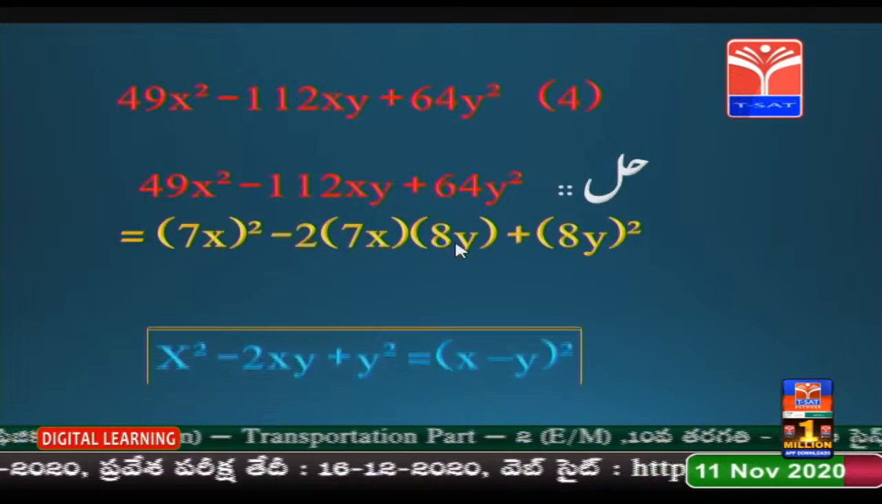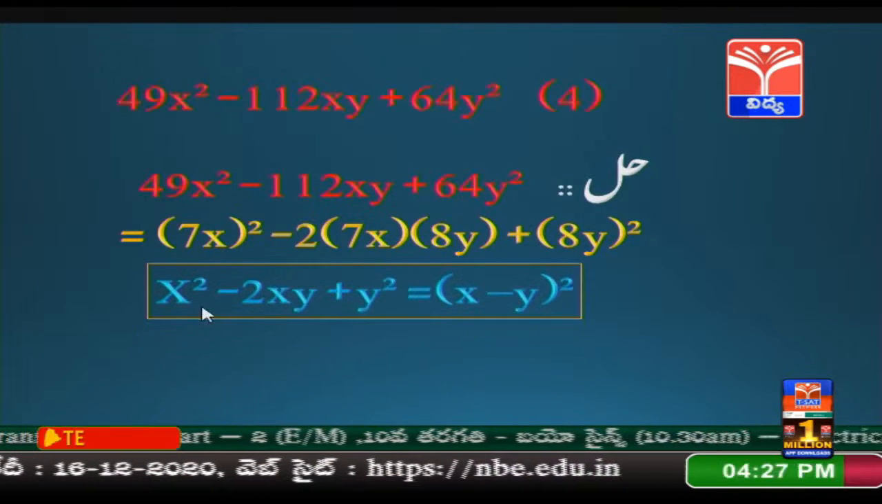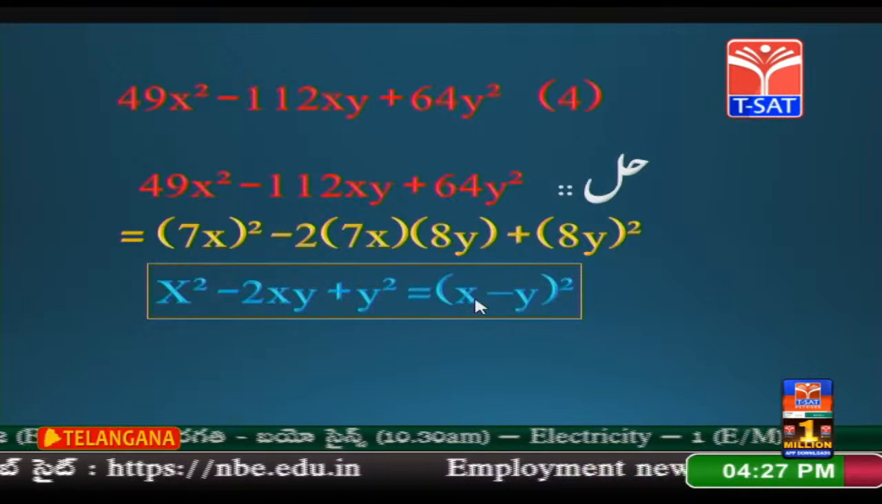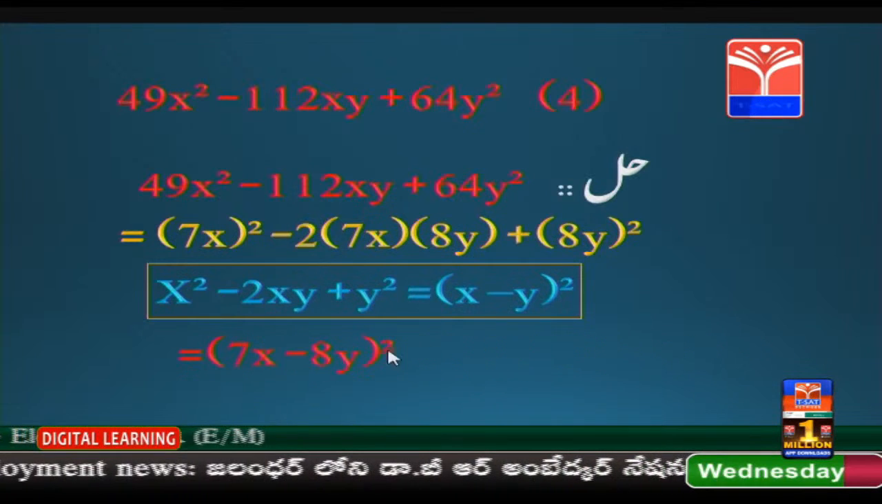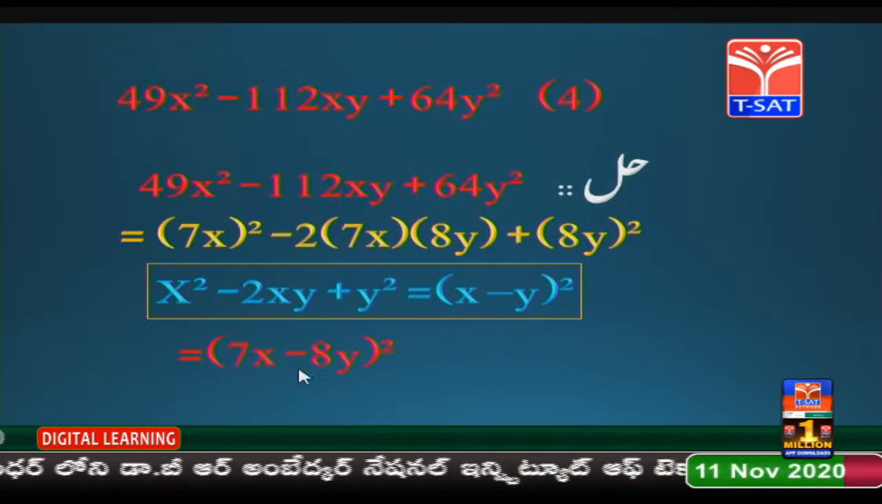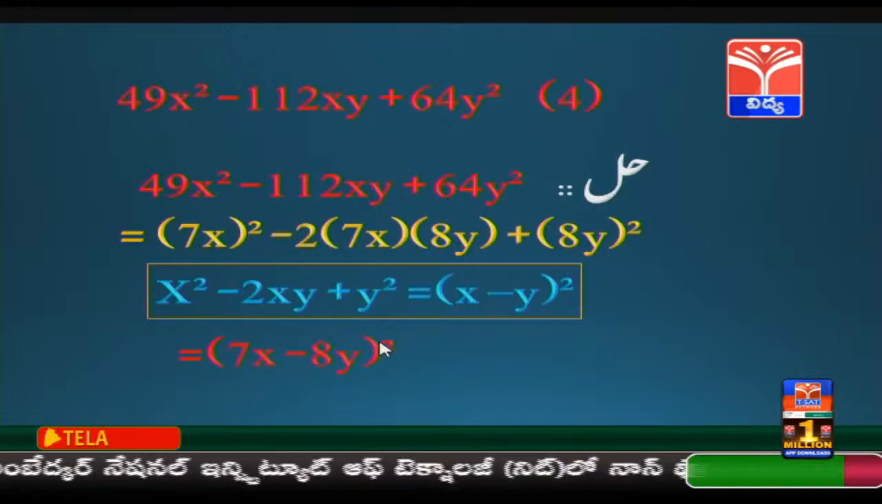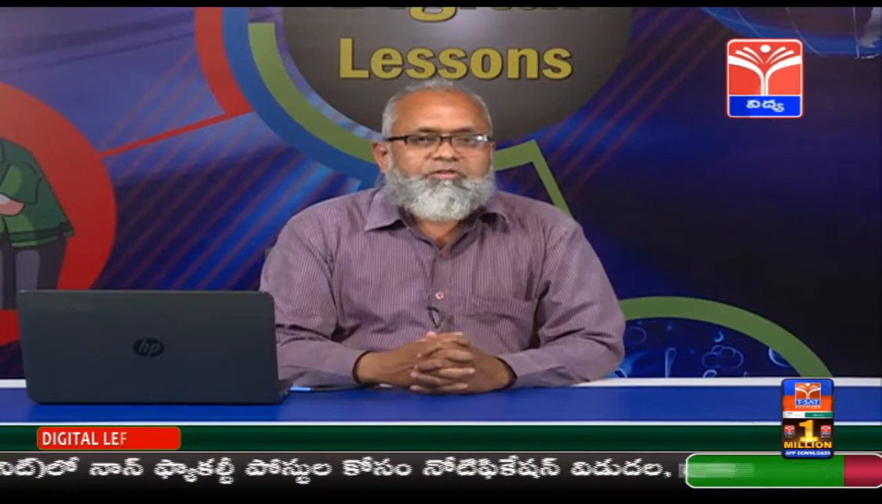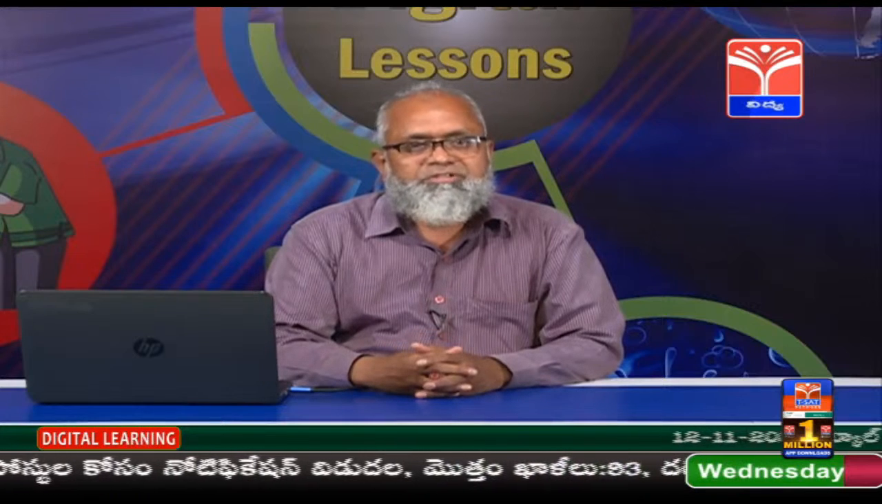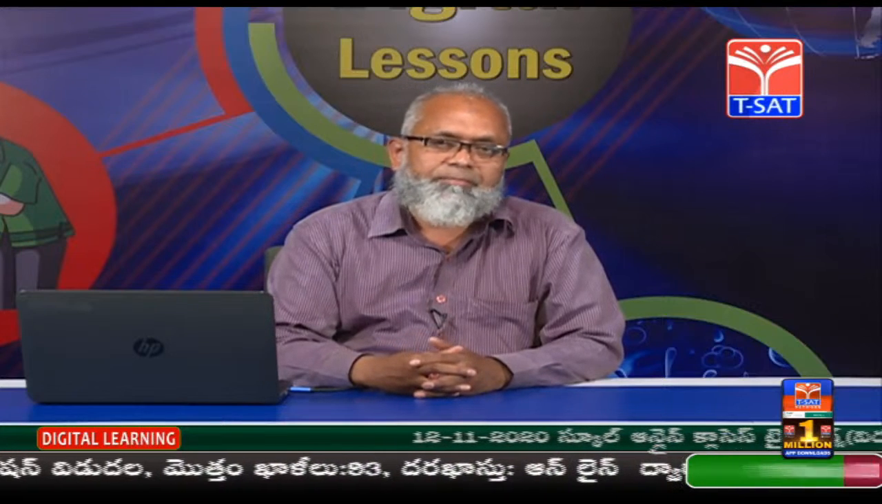यानी इस ज़ाब्ते की शक्ल में आ गया। ज़ाब्ता लिख रहा हूं मैं, x की दूसरी माइनस 2xy जमा y की दूसरी मसावी है x माइनस y कुल की दूसरी। तो अब देखिए x के बजाय 7x है, y के बजाय 8y है की दूसरी। 2 मरतबा लिखने पर इसके अज्जाए ज़रबी हासिल हुए हैं।